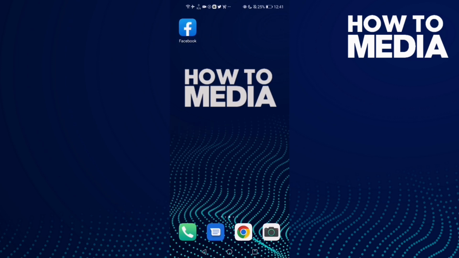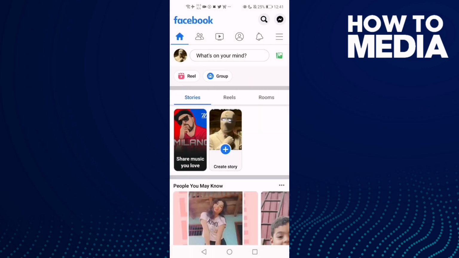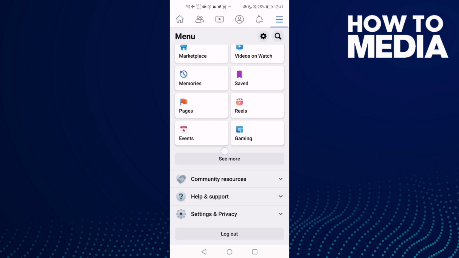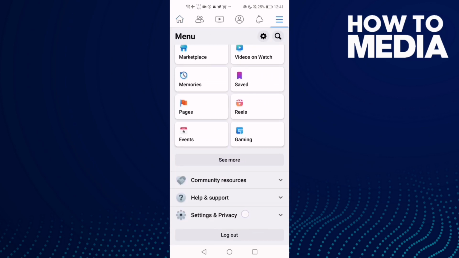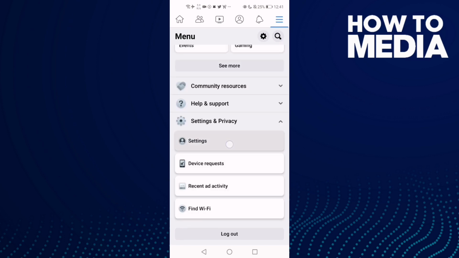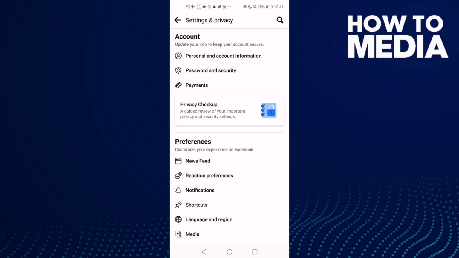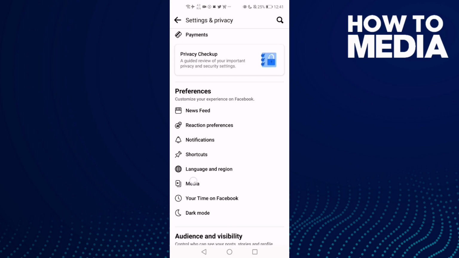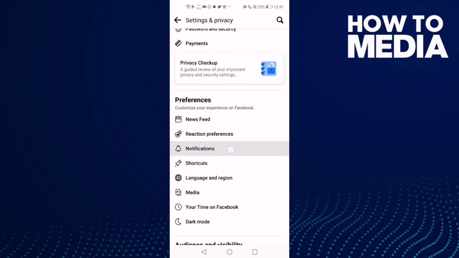First thing you're gonna do is go to Facebook and now click this three lines here, and go down and click this one, settings and privacy, and then click settings, and now click notifications